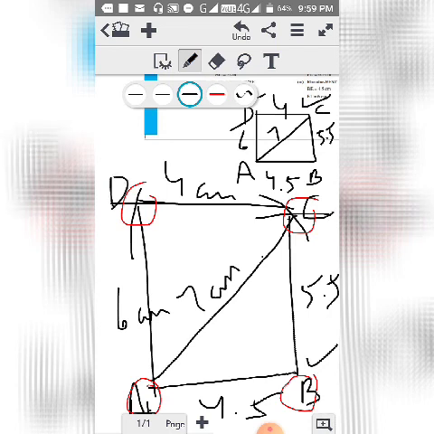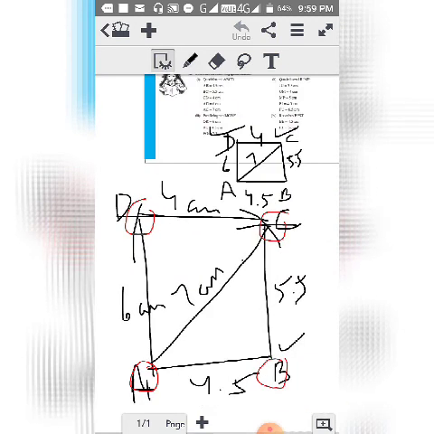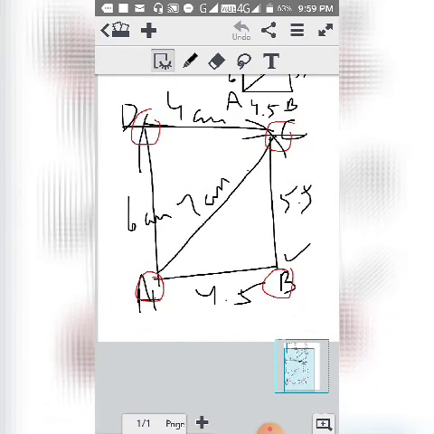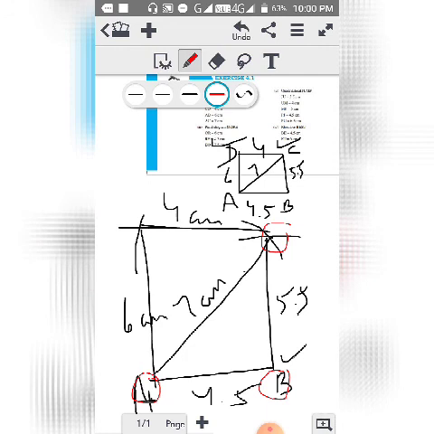Now what happens when you draw this figure? Your rough figure is on the right side. You will show the rough figure, and the fair figure also. You have to keep the compass and measure with the compass to make the parts of the figure. So for BC, you will measure this distance with the help of the compass, and AD with the help of the compass, and everything. So this is how we make the figure.